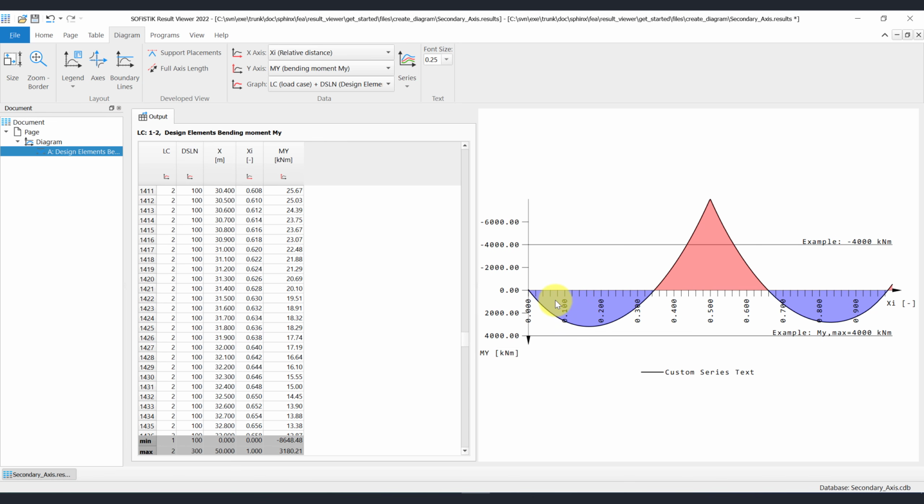The commands support placements and full axis length are available only if a diagram is created along an axis.